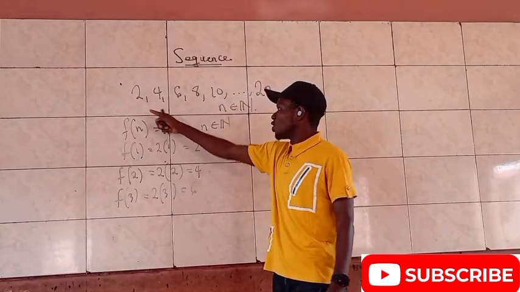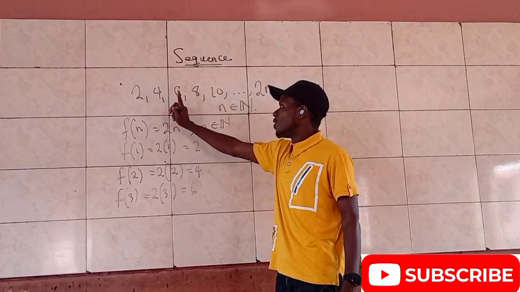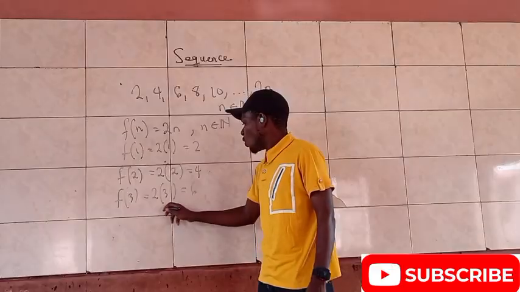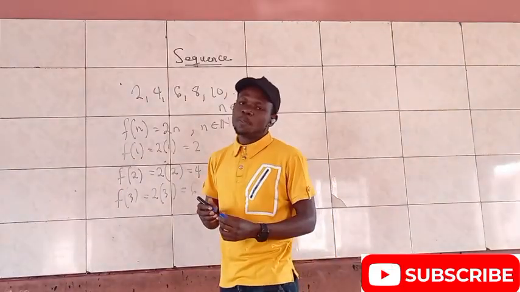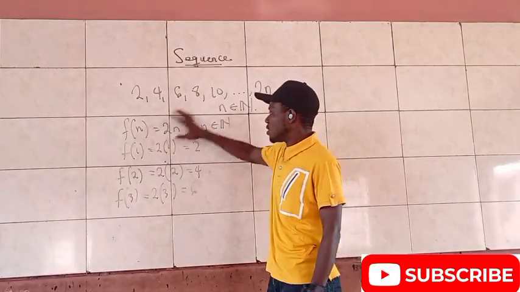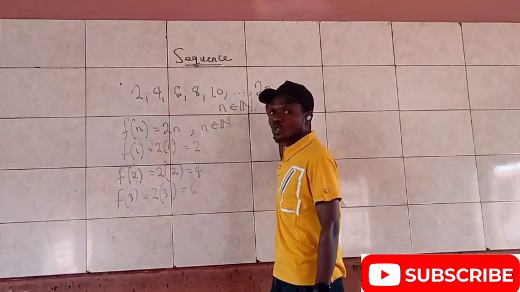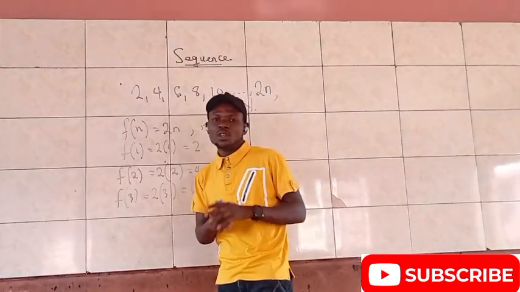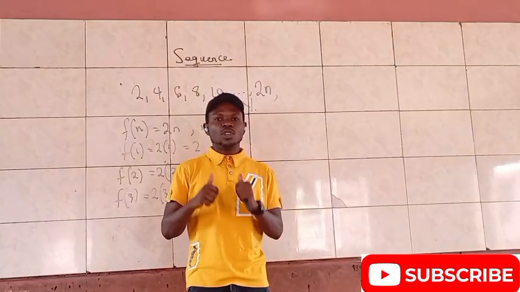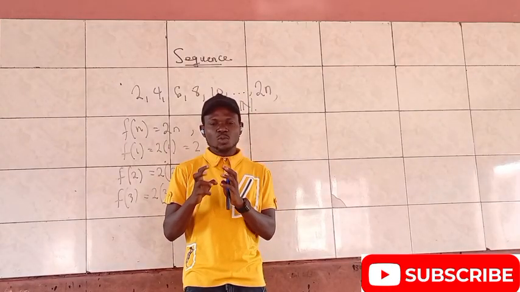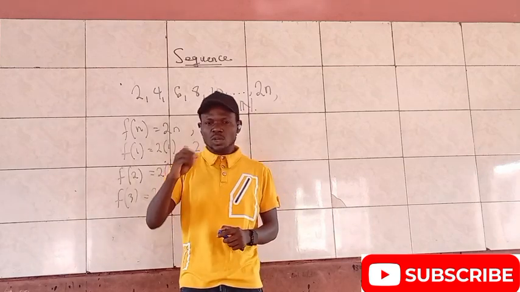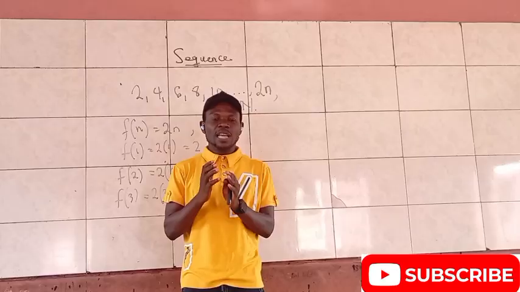If you check it out, it is just generating these numbers on the board: 2, 4, 6. If I put 4, I'm going to have the next one. So something like that is called a sequence, because it is generated by a rule. The rule that generates this sequence is 2n. You can also call it the generator. It's the rule that generates those numbers. So that's the sequence. On this note, I'm going to explain a little more about how a sequence generates numbers, and take one or two examples before we talk about the types of sequence.